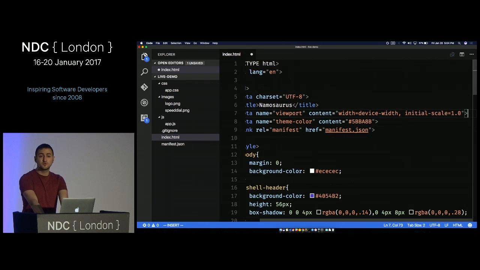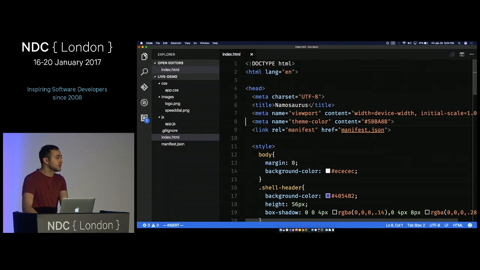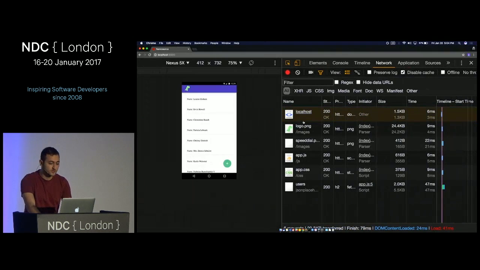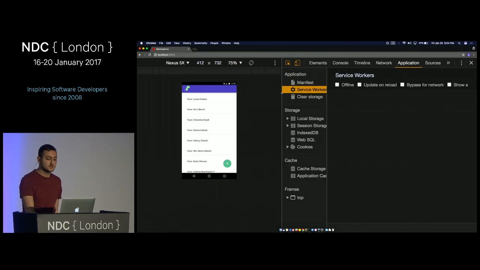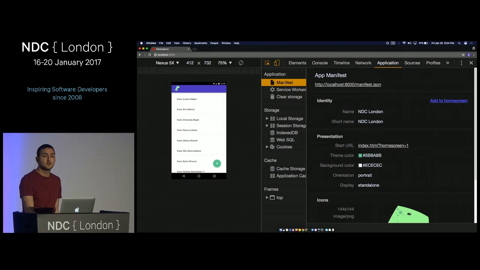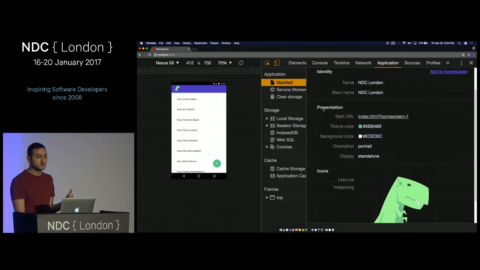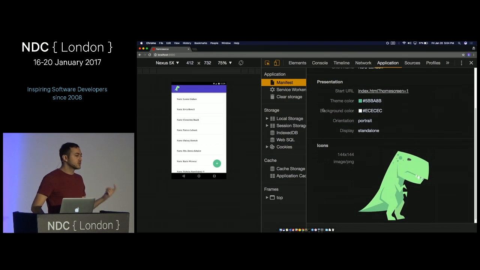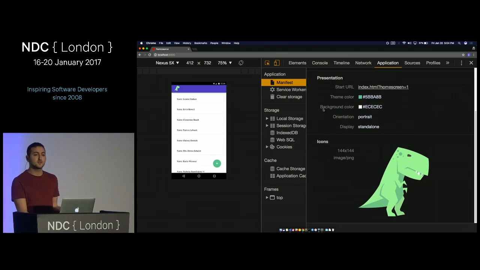So now how can we know if it works without actually going on mobile and testing? This is where Chrome DevTools come in handy. You refresh and go to the Application tab. This is where we have the manifest section. You can see the browser parsing your manifest.json, warning you of potentially invalid stuff you put here. So this is a nice way to immediately test it without having to deploy, to run it through a validator